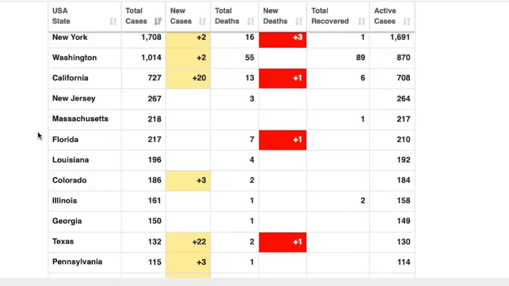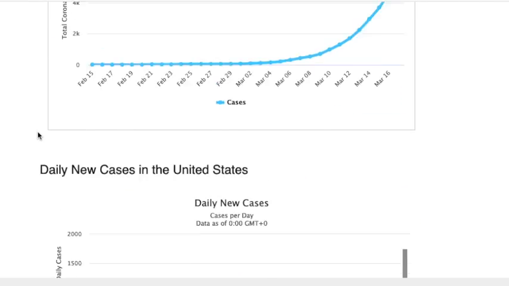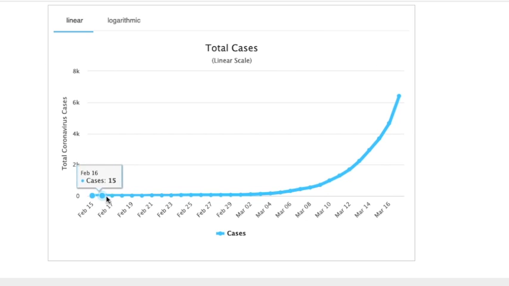And when we go down to the graph here of the cases, we can see this really, really sharp curve. About a month ago, on February 15th, only 15 cases. And the next day, still 15 cases. For a while it was at 15, then it jumped up to 35 and 50, but still nothing to really raise a whole lot of alarms about. But then suddenly here, it starts jumping into the hundreds, 700, 900, 1,000, and here we are today at 6.4